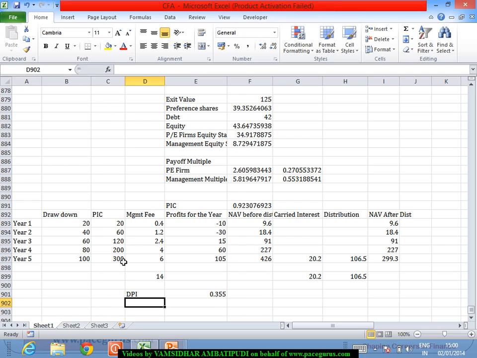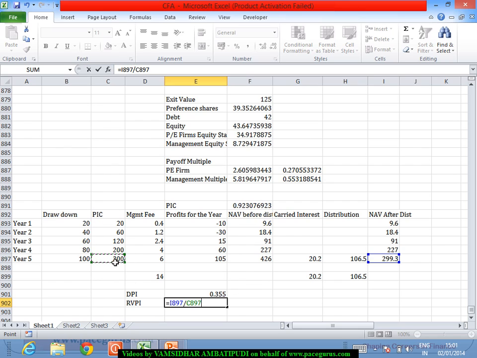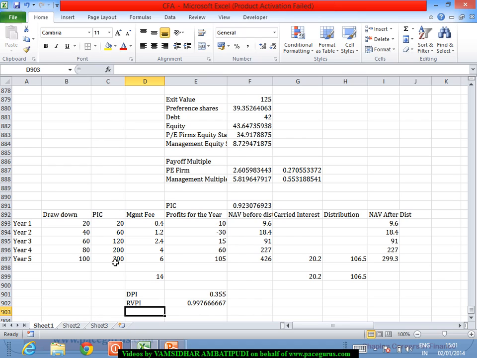Whereas if I want RVPI, which is residual value to paid in capital ratio, I can look at the final NAV, whatever is there, which is still not yet distributed. So the final NAV divided by the total paid in capital is what is coming out as RVPI. Almost 99.7% of the total capital invested is in the form of the assets held with the general partner, which is